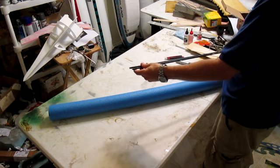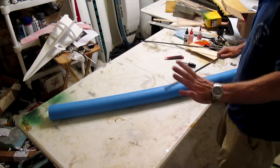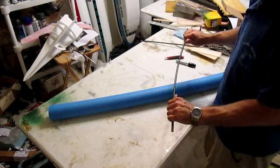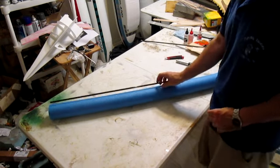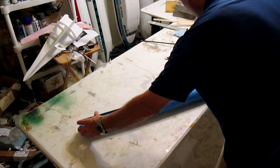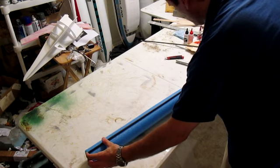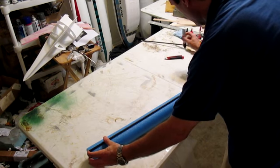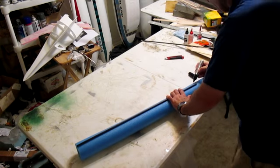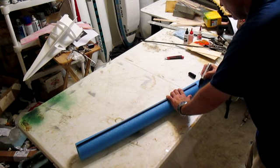First step that we are going to do is take one of our carbon fiber arrow bodies. Carbon fiber, really strong, tough. Strength of steel with the weight of balsa. Great stuff. So what we do is we take this and compare it to the length of the pool noodle. And we take our marker and mark off where the carbon fiber rod ends. All right? We mark that off